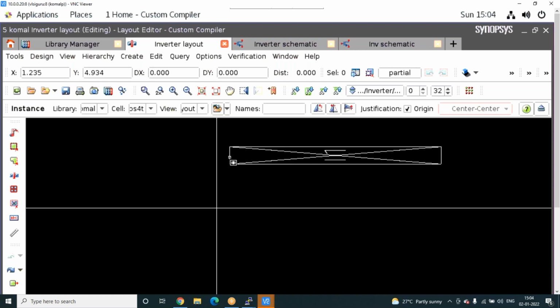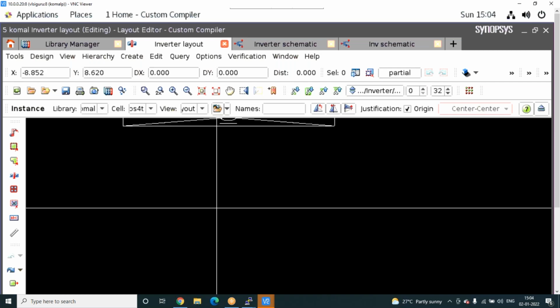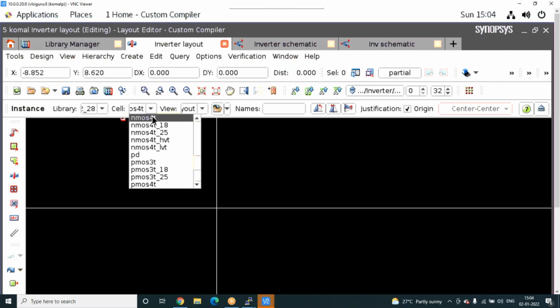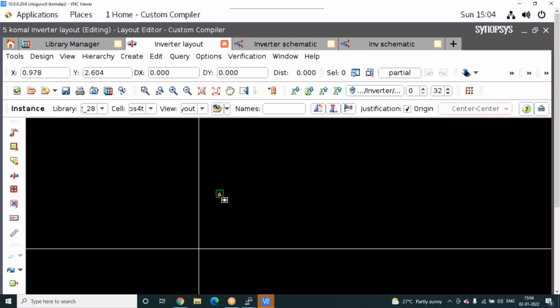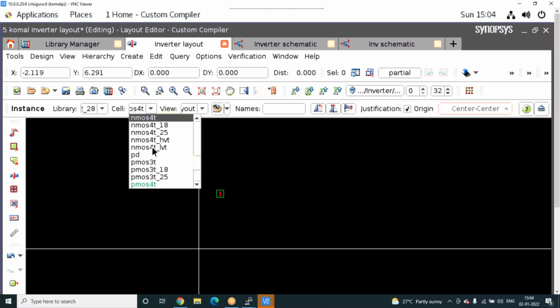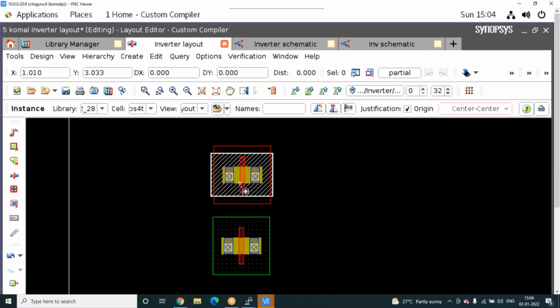And just undo it. So if you see, this is the PMOS and this is the NMOS layout.